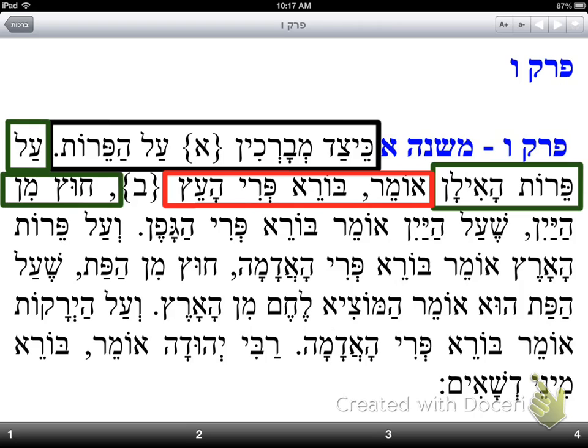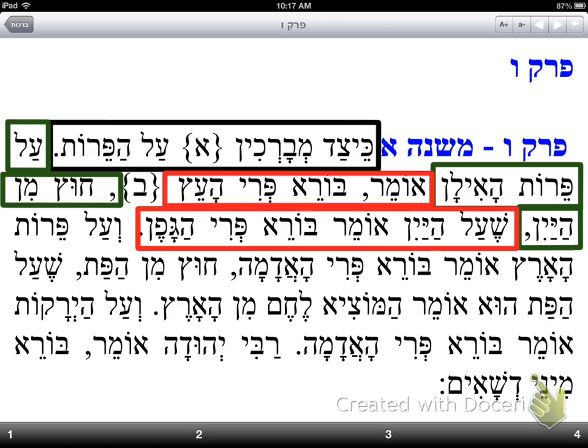So now we have another case. We're told chutz min hayayin. Chutz means except. There's an exception to peros ha'ilan, to fruit from a tree, and that is wine. Wine is made out of grapes, which come from a tree. So, according to what we just said, you would say borei pri ha'etz.